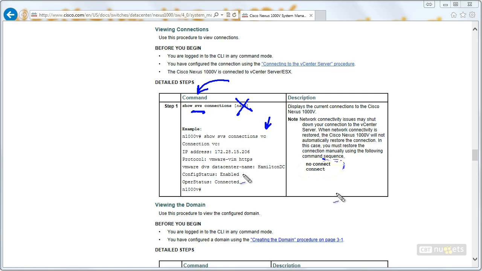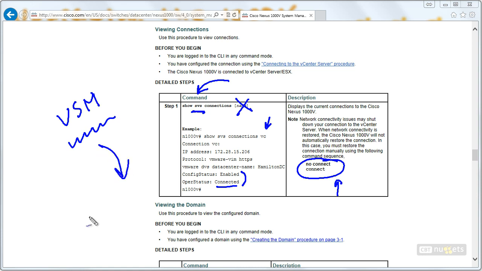Or connect command sequence that you can utilize to either disconnect or connect the software virtual switch connection on your 1000V. Remember, this connection is critical so that when we are in the virtual supervisor module making configuration changes, they are actually pushed to vCenter and they actually get carried out